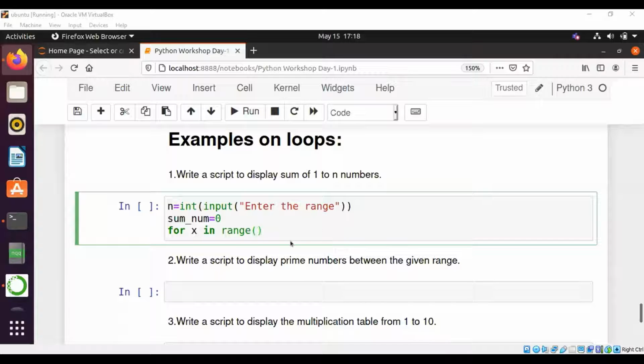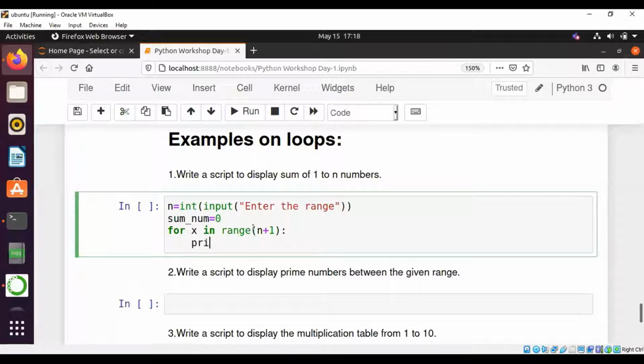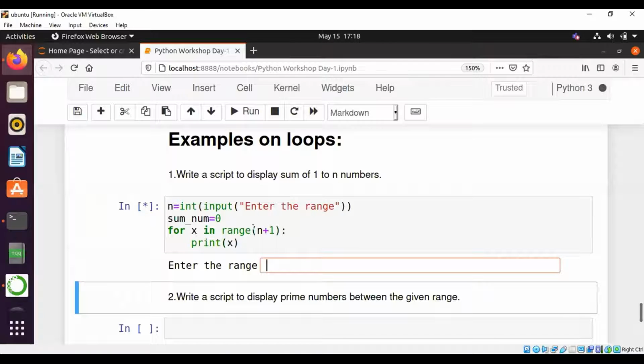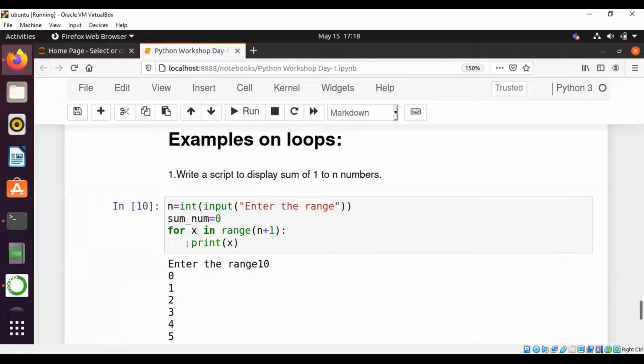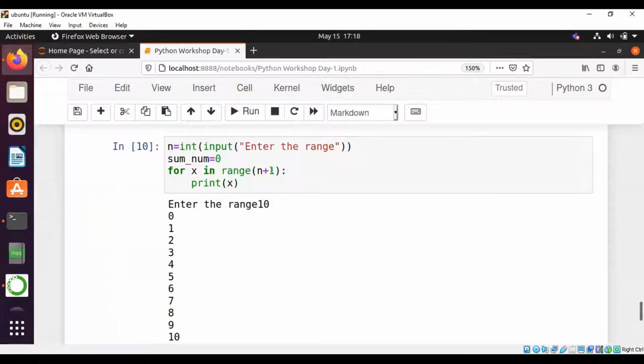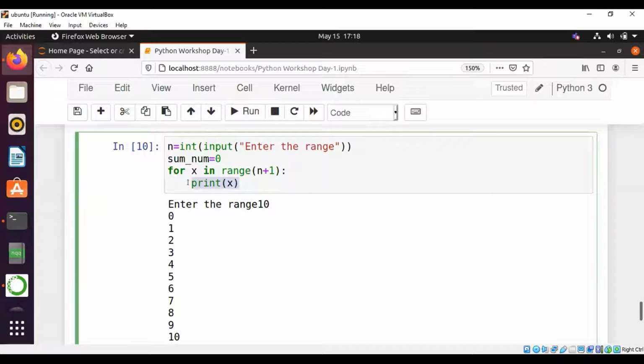So we need the n value too. Let's print the numbers, whether the numbers are printing or not. Let's give it as 10. Yeah, it's printing 0 to 10. Okay, we are getting every value.